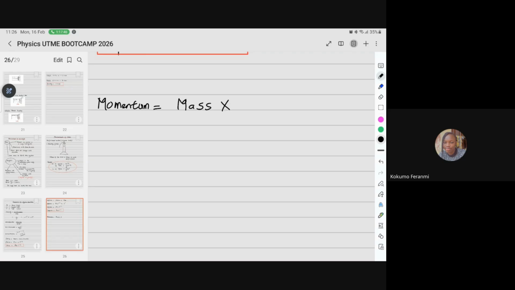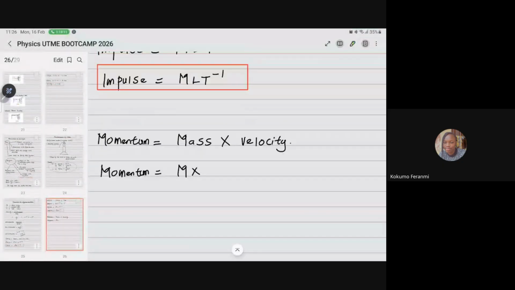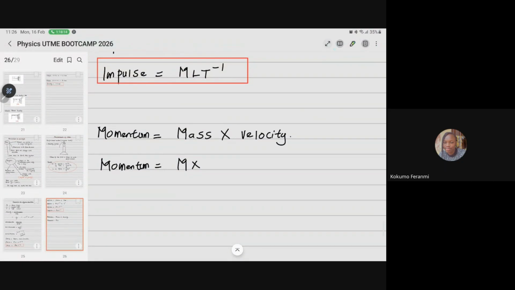Okay, so momentum is mass times velocity. So momentum is equal to mass, which is M, times velocity. Velocity is what? LT^-1, right? LT^-1. So that momentum